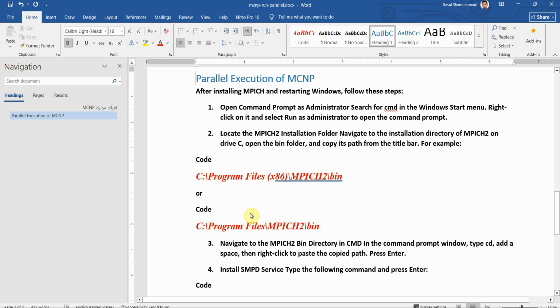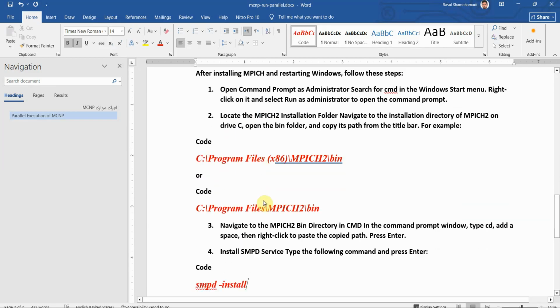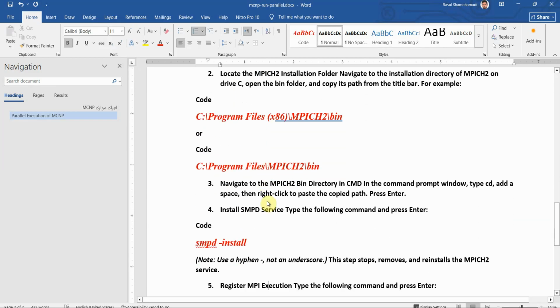It depends on the version and also on your platform, I mean your Windows. So go to one of these directories, and after that you must type